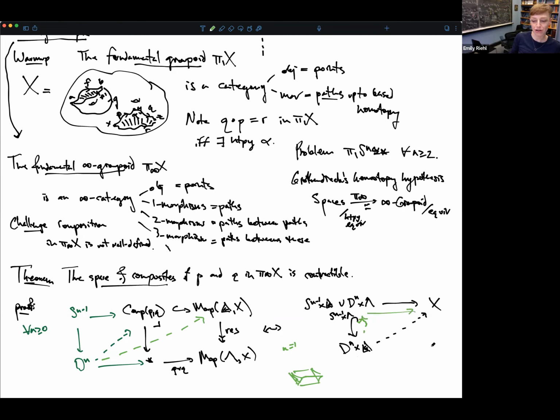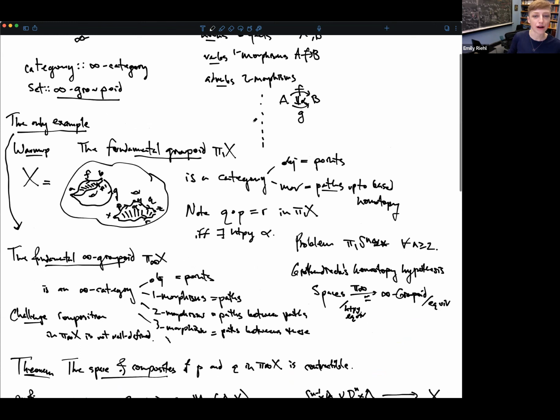Okay, so essentially, what this example illustrates is really this analogy that I mentioned above, connecting categories and infinity categories. I can say something a little deeper about it. So if I stated the definition of a category, which I haven't done, I apologize, I would state it in the